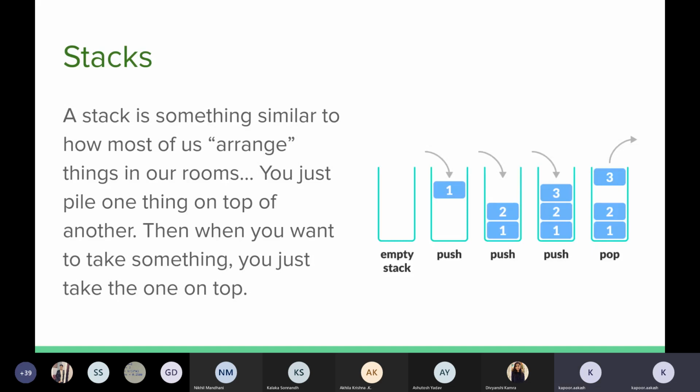I want you guys to try implementing this using a linked list and also by using an array. Array is the easier way out. Usually I would prefer array unless the problem requires a lot of size, at which point you can go for linked list, but try implementing stacks. They're very easy to implement. And the only thing,